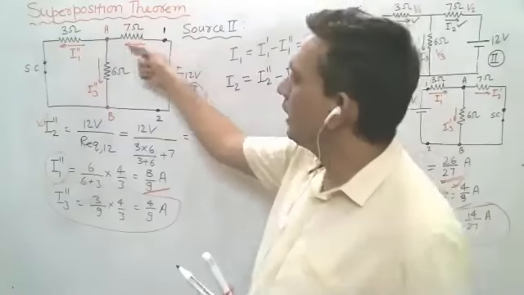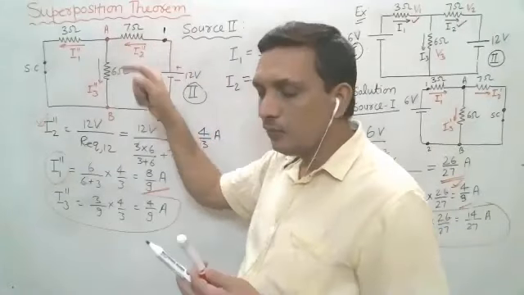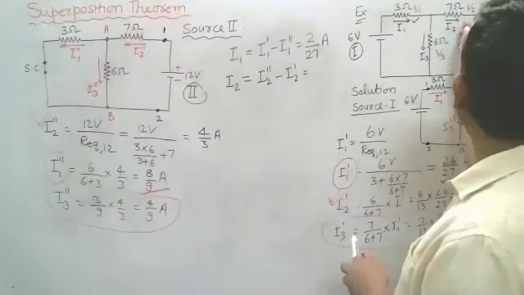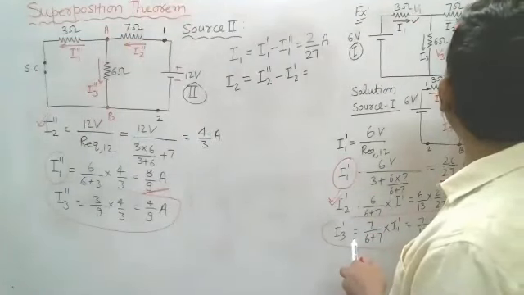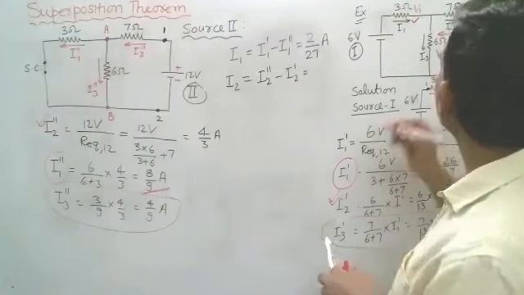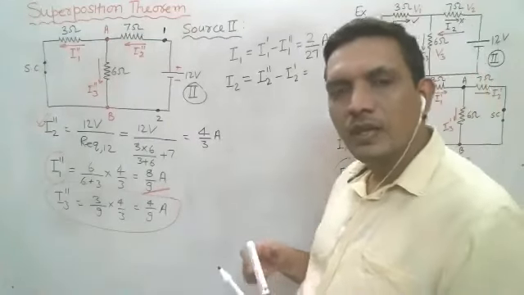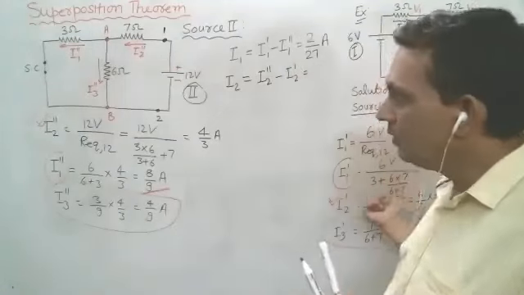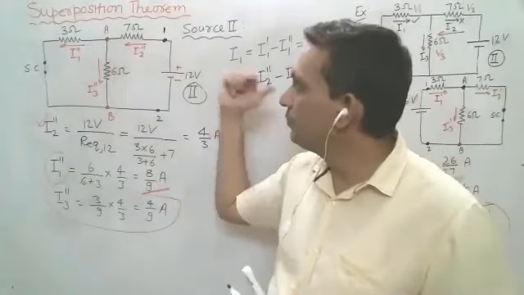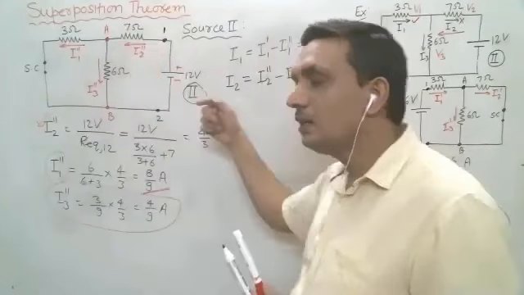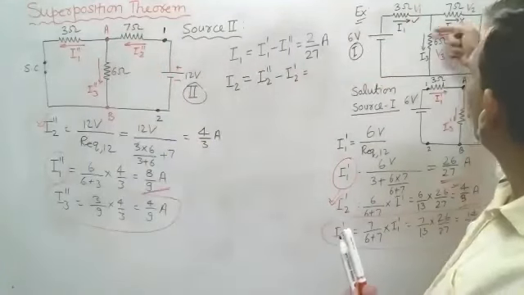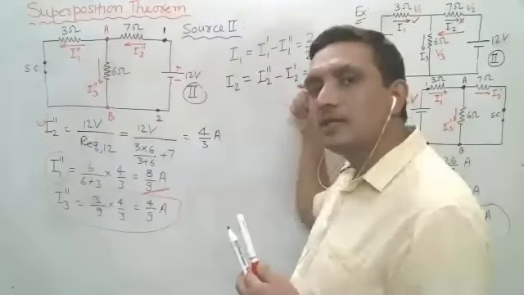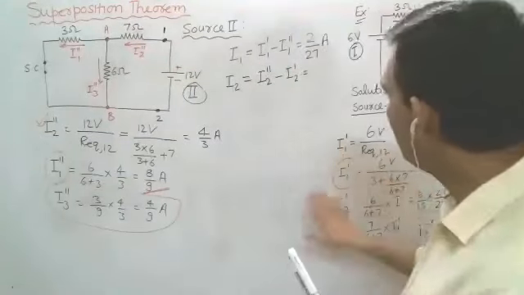So what will be actual direction of current? In the direction of I2 double dash. So this is the actual direction of current. This is not the actual direction of current. Actual direction of current is opposite to this. In KVL also, you have calculated negative value, and here in superposition also you can see, because I2 double dash is greater, so actual current is in the opposite direction, and its magnitude will be I2 double dash minus I2 dash. Is it clear?